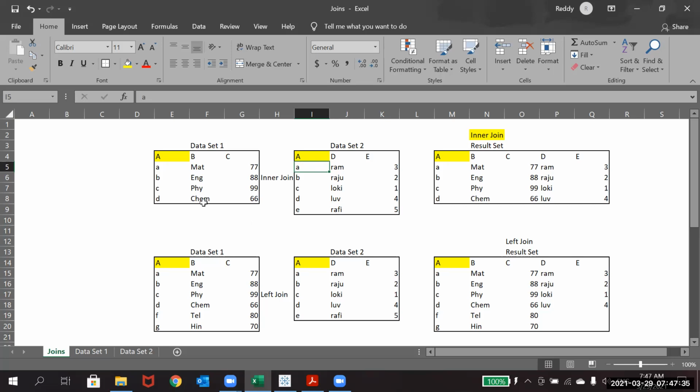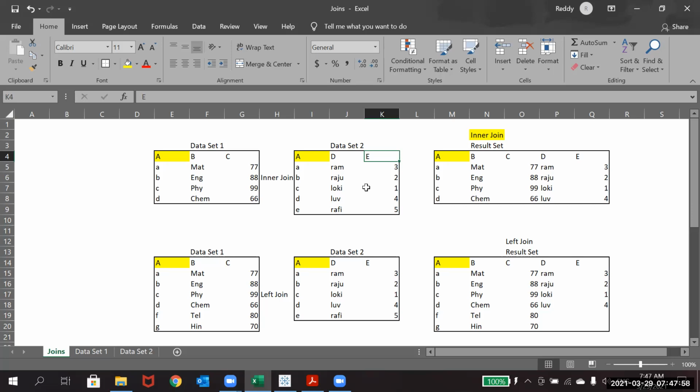One to one is nothing but, let's say using these two data sets you are performing a join and you are getting the same based on this. Maybe you have column B and column C, and you might need to get only column E from this data set. So this is many to one.